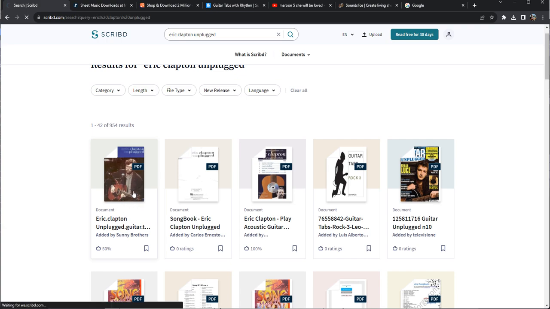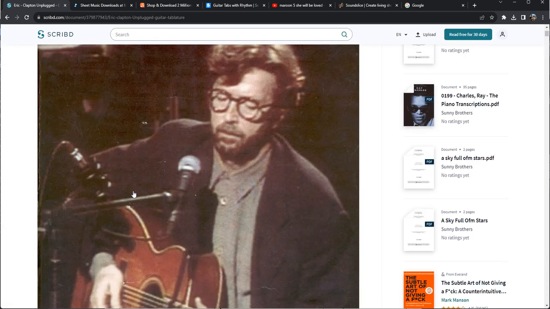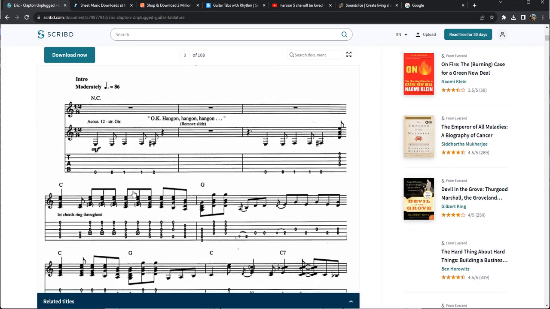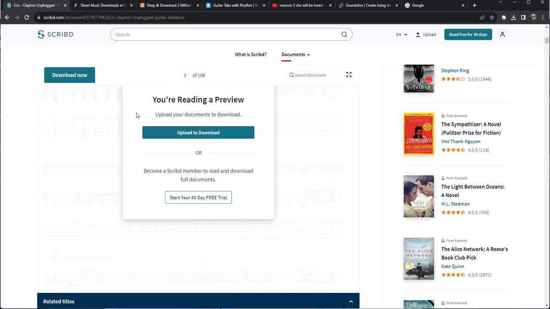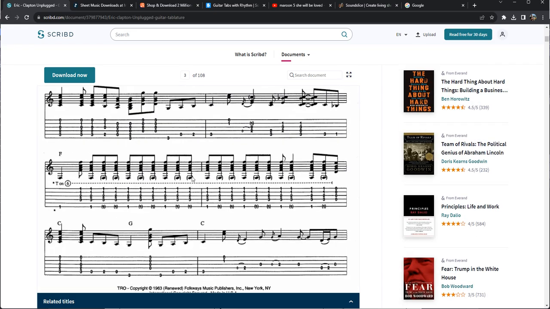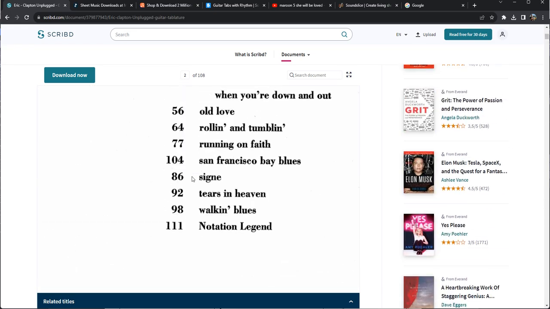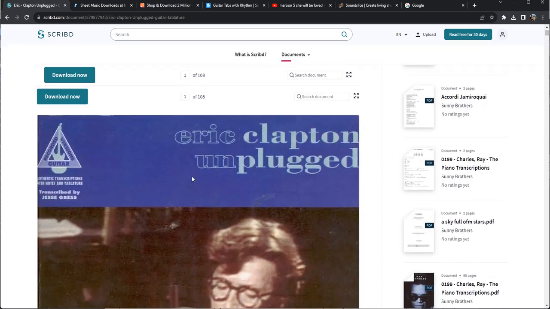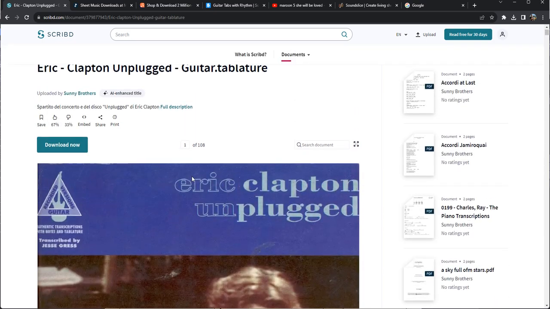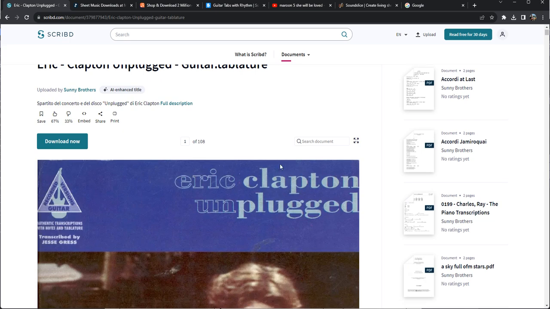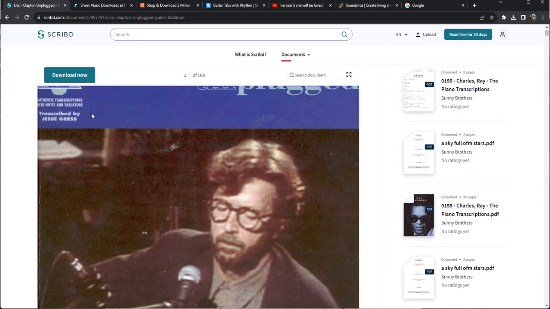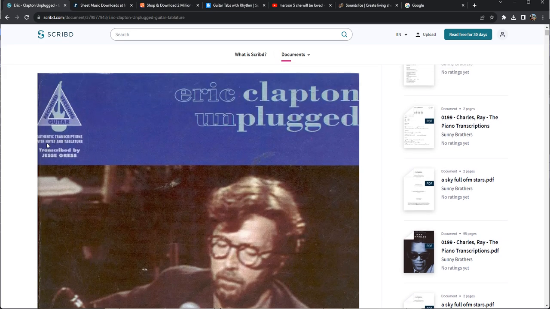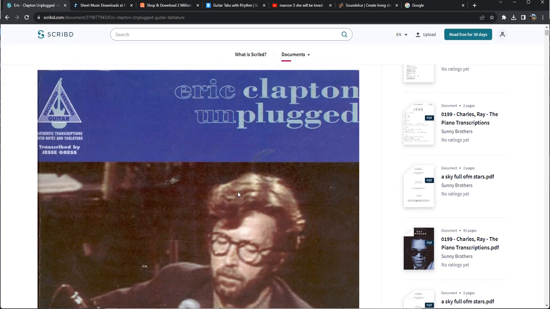All right, Eric Clapton Unplugged guitar tabs. It's showing us a preview. At some point, yeah, it cuts us off. But you can see this is like the entire book. And so Scribd is a really good resource, and sometimes you can find really professional transcriptions. You see authentic transcriptions with notes and tablature,